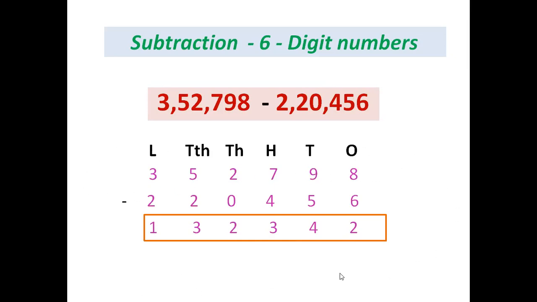So what kind of sum will it be? This subtraction will be without regrouping. Remember, we have done without regrouping and with regrouping in addition also. So here also, when in the mathematical operation there is no borrowing, it is known as subtraction without regrouping. And wherever we have borrowed in 4-digit and 5-digit, you can get it in 6-digit also. It's not that you will not get it in 6-digit. The sums which have borrowing, that subtraction is known as subtraction with regrouping.